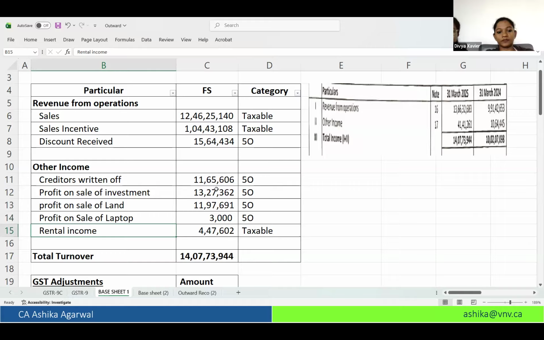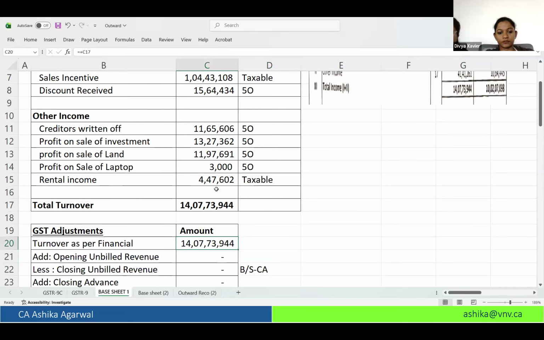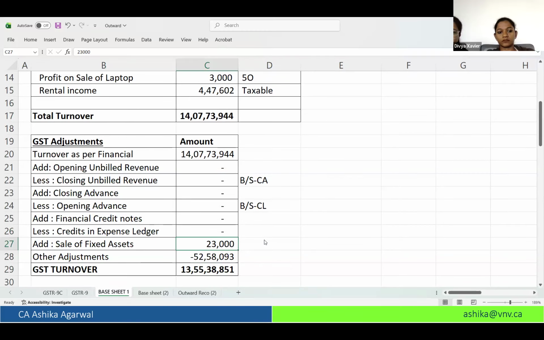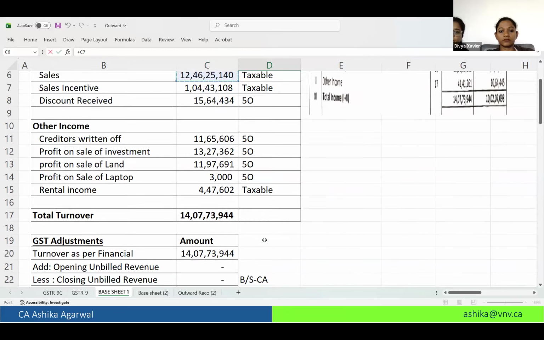Now there is one more income, rental income. Here the rental income was coming from a taxable commercial property, so we have classified it as a taxable supply. Now from 14 crore, we come down to my taxable supply. Here you can see my taxable supply is sale, incentive and rental income, which comes to 13 crore 55. But in this we have added one more item, that is sale of asset, which is the sale of laptop basically. 3,000 is the profit, but the sale value was 23. So my taxable turnover becomes this